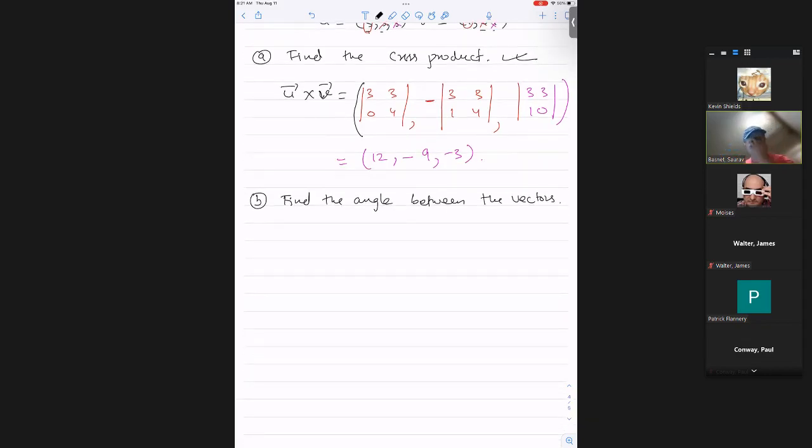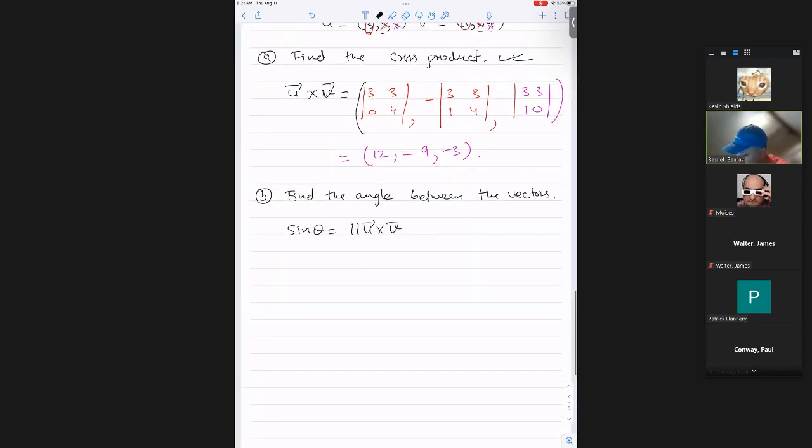So when you use cross product, you find sine theta. When you use a dot product, you find cosine theta. So sine of theta is the norm of u cross v. You're trying to find a norm. Okay, so this is the norm of those vectors. It should be a scalar. When you find the norm, it should be a scalar. You have to remove that. So norm of u